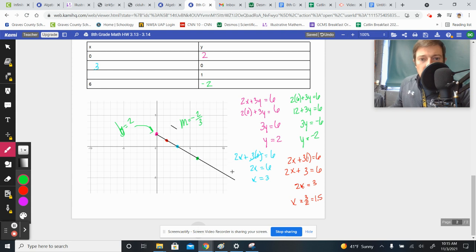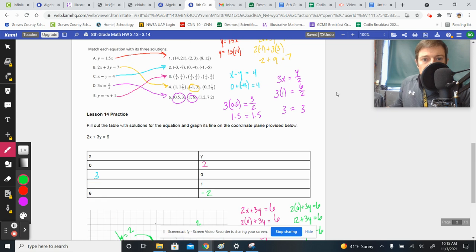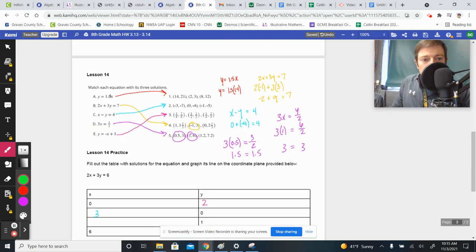And that's all, guys. That should finish up your homework for the week. We do have a quiz on Thursday talking about slope-intercept form and equations in two variables, ordered pairs as answers. All that's coming up. See you